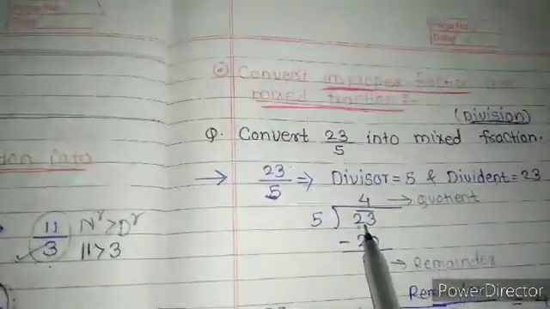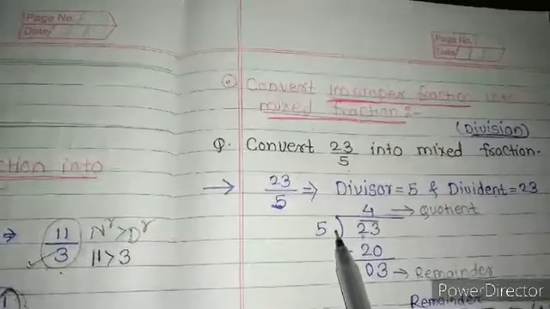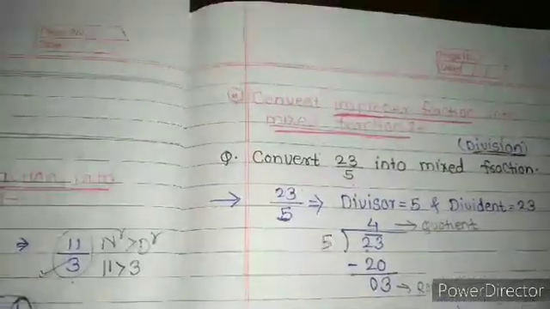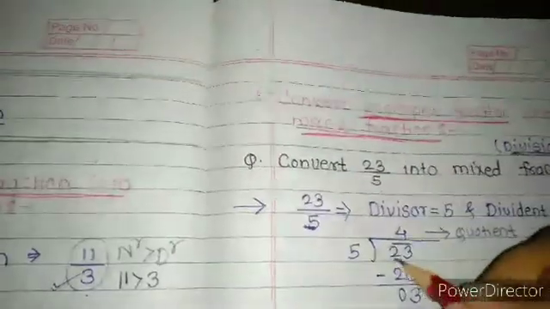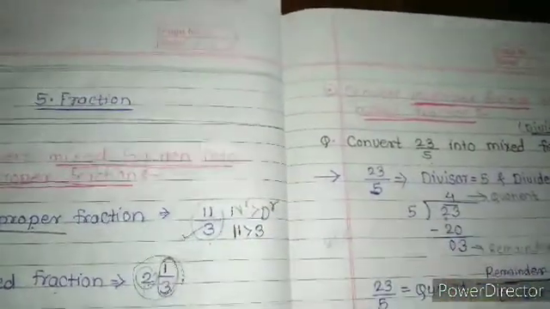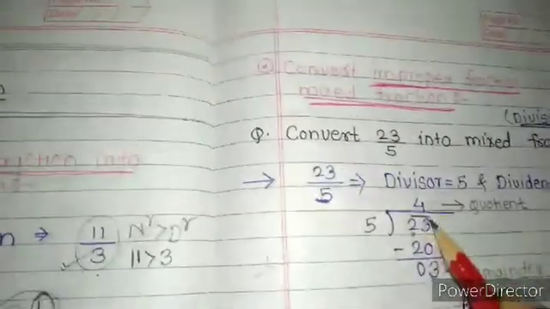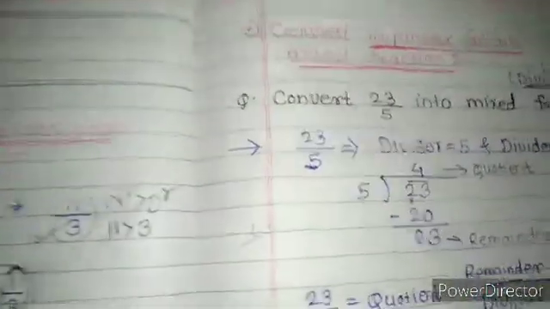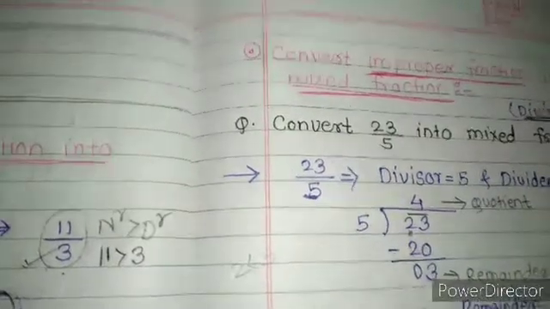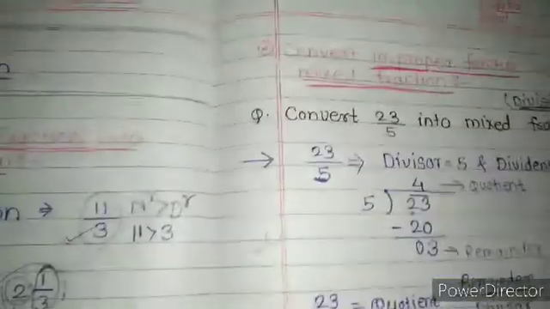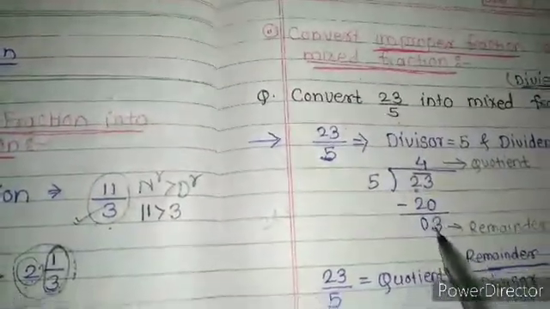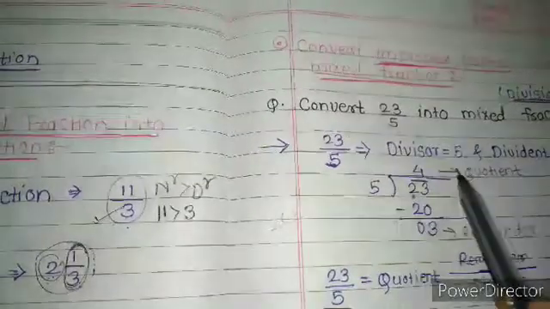So let's do a division: 23 divided by 5. We check the first number, 2, which is smaller than 5. So we cannot divide, because in the table of 5 the first number is 5; 2 is not coming. So we make a group of two digits, 23. So let's check the table of 5. Yes, 5 4s are 20, which is the number less than 23 present in our table of 5. So 5 4s are 20, remainder is 3, and this is our quotient.